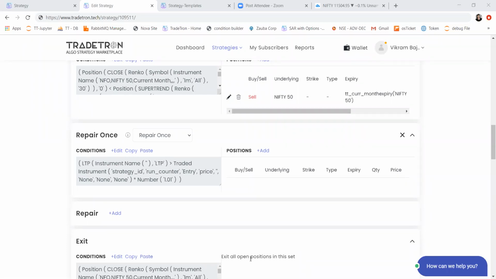Now, say you have set a 1% target or 0.5% stop loss, or any condition which is based on your entry price. Since these exit conditions are related to PNL, the exit points for these deployments are different. So it may happen that one deployment hits the exit level and another doesn't.